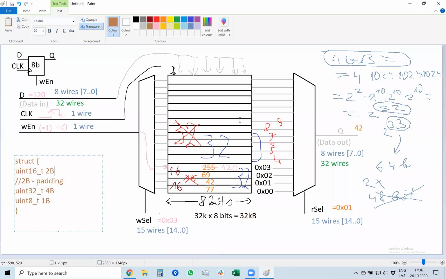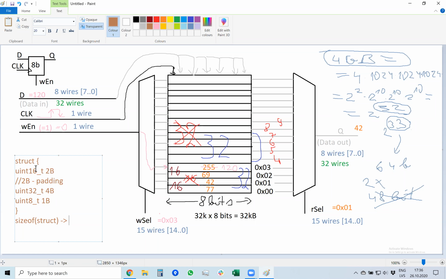And the 8-bit number will just take the 9th byte. So when you run sizeof of this structure,